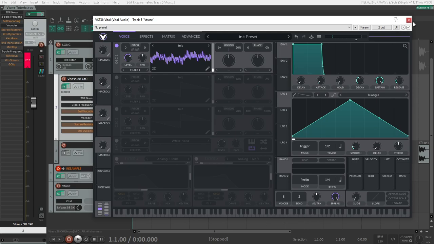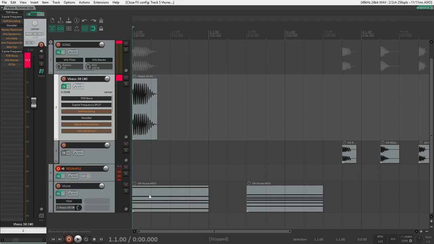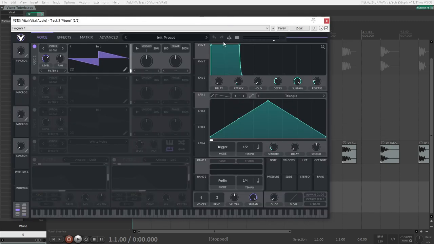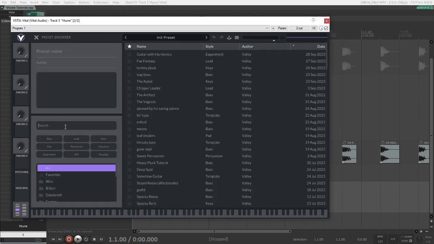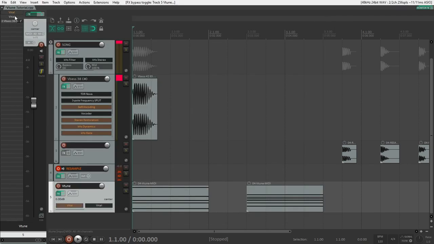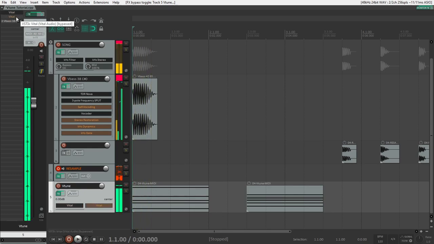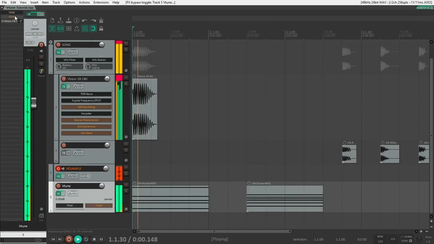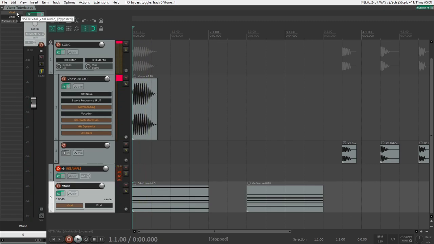I have it saved as a preset, so I'll use that to compare. Mine just sounds a bit quieter, so